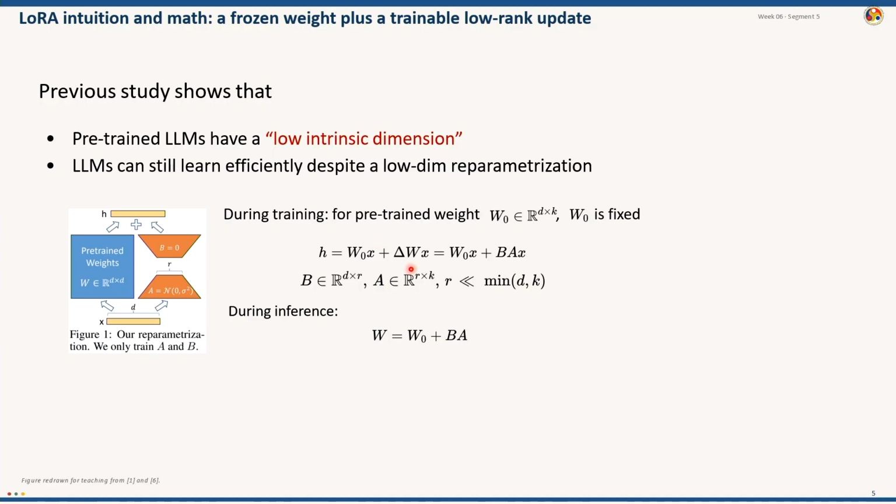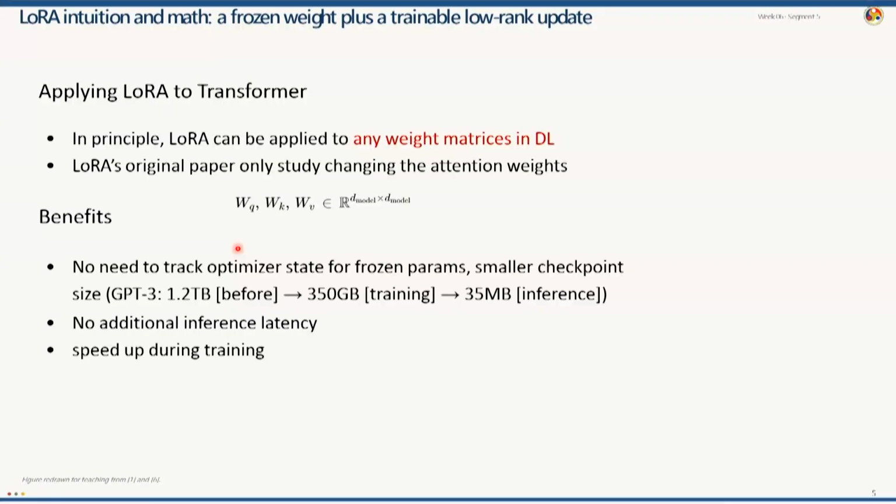For practical implementation, you obviously need to tune how much rank to apply, because I do not know which rank will give me the best delta W x, which is the best value for this. That is basically the math behind LoRA. And QLoRA, or quantized LoRA, is the quantized version of this to reduce the memory occupation further. Okay, so LoRA can be applied to any weight matrices in deep learning, but